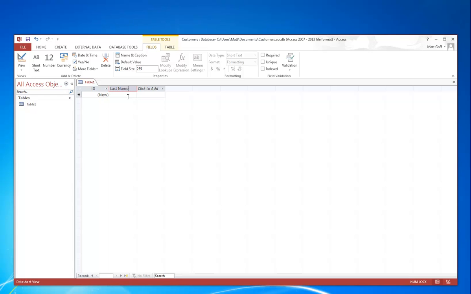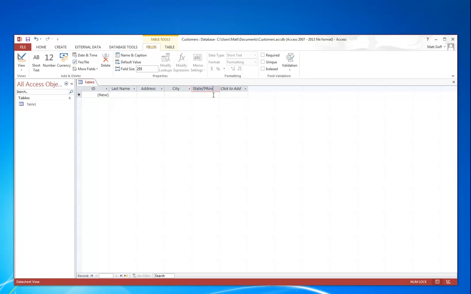And then we're going to add another field, and we're going to pick the short text again, and let's put in, I apologize, I have a dog on my lap that's snoring, address. And we're going to click another one, and we're going to make another field that's for city, and we're going to click another one, and we're going to add a field for state,